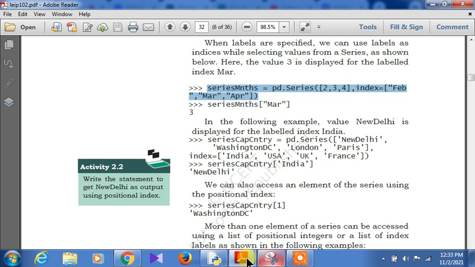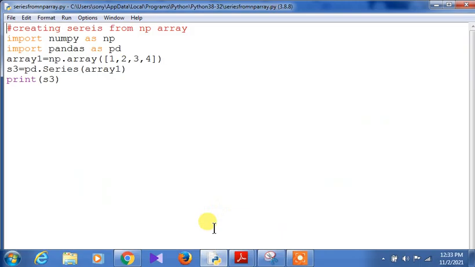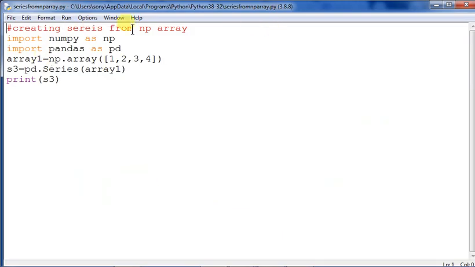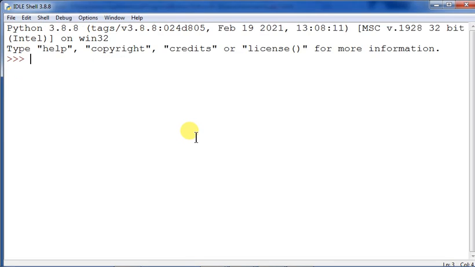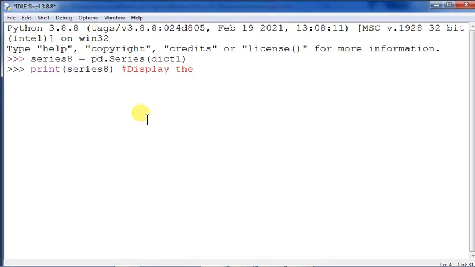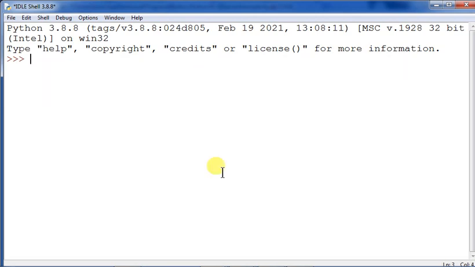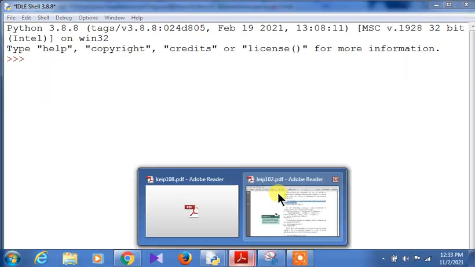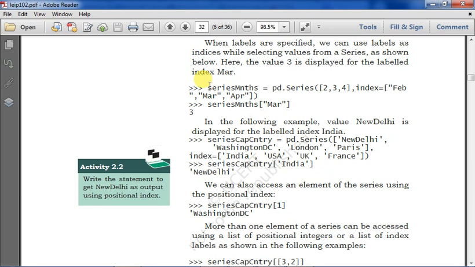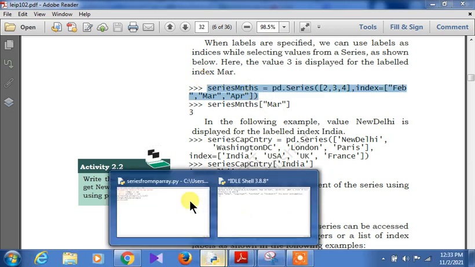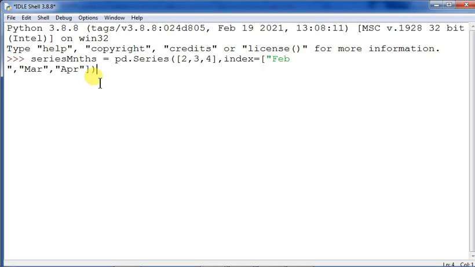If you want to execute it, you can execute it in the shell interactive mode. So I'm just going to the Python shell. Let us execute it and see how these things are executing. So here, this is wrong, this is not the one. Let's see how this is working. This one I had copied, and we are executing it in the interactive mode.